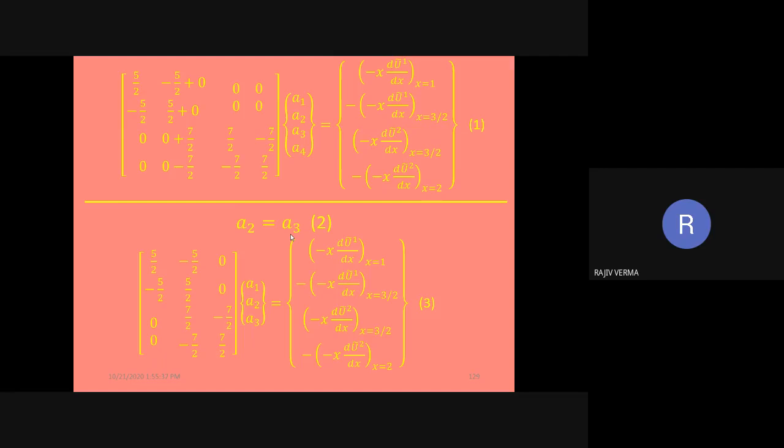In this case, because you are adding the second and third column, you should also add the second and third equation. So the moment you add the second and third equation, what you get is an equation which is going to be on display in the next slide. The equation which is on display at the moment is wrong, I suppose. Yes, it is wrong, but the equation on display in the next slide is going to be correct. So let's come over there.